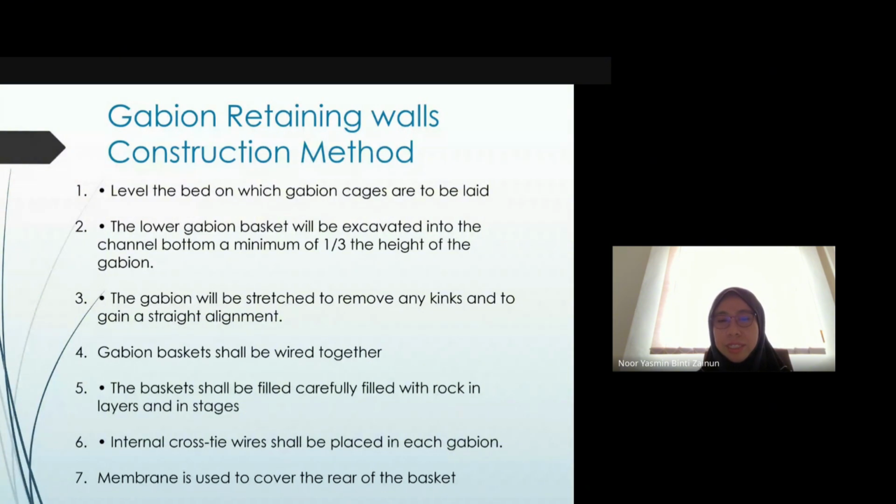So we actually need to carefully arrange the rocks, and internal cross tie wires shall be placed in each gabion